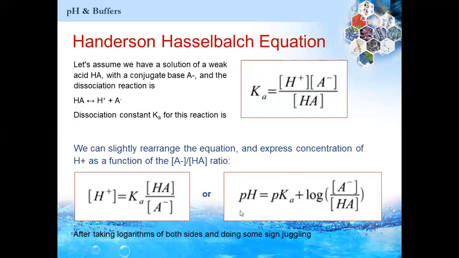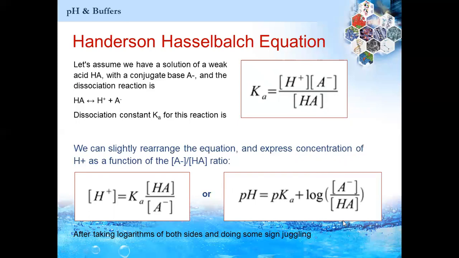And if any two terms in this equation are known to us, we can determine the other terms. Like, if I know the concentration of the salt used in the buffer and the concentration of the weak acid used in the buffer, in terms of their molarities, then, provided the dissociation constant of the weak acid is also given, I can determine the pH of that buffer solution.